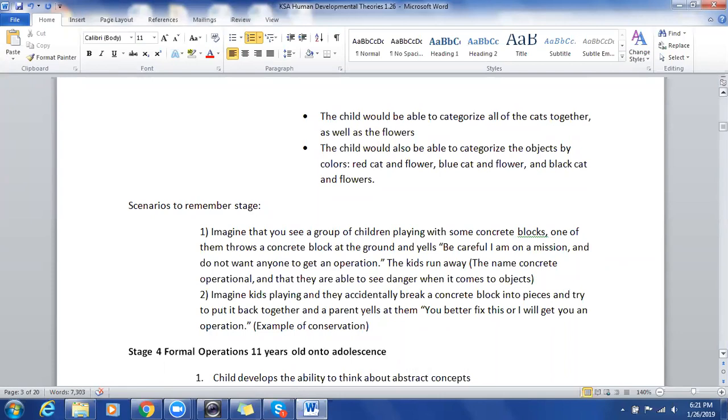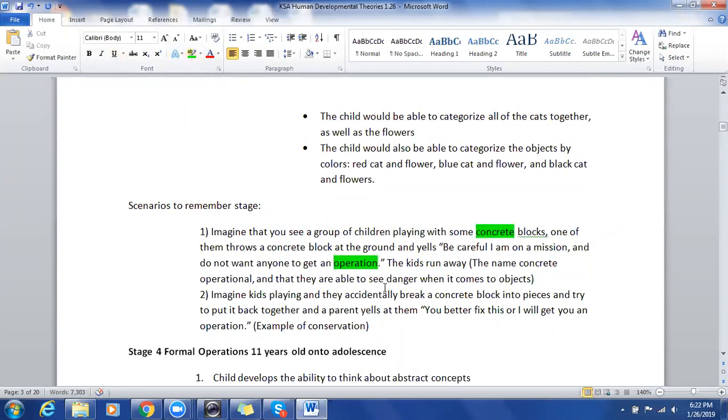So scenarios to remember this stage: imagine that you see a group of children playing with some concrete blocks. One of them throws a block at the ground and yells, "Be careful, I'm on a mission and do not want anyone to get an operation." And all of the kids disperse and run away. The name concrete operational is exhibited here, meaning concrete blocks. So the word concrete, blocks, and the word operation. So concrete operational, as well as